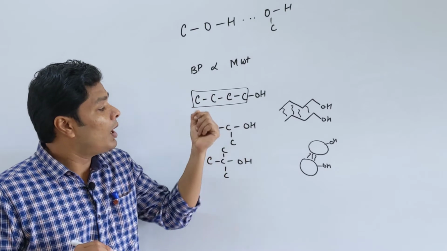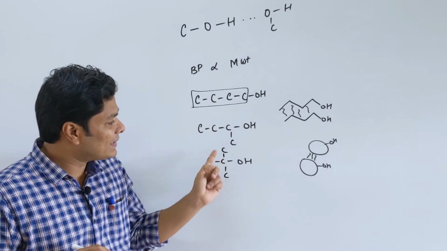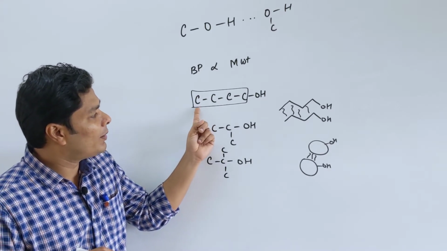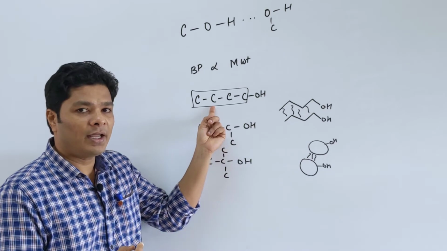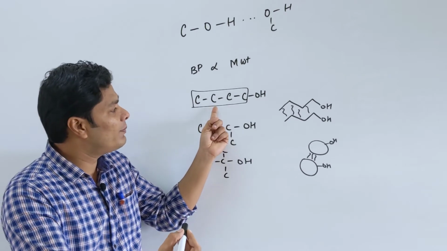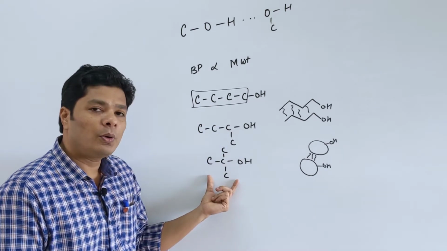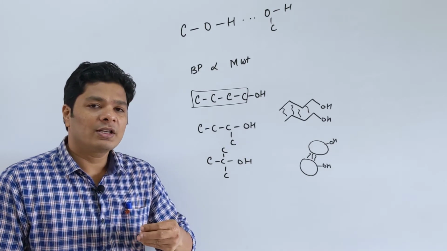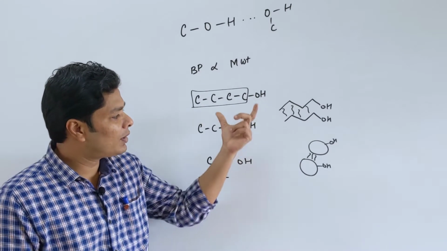Now, if it is a similar type of alcohol, we can take this example again. The same can be said. Now, this is more hydrophobic because it has a long tail. It likes to interact with other hydrophobic tails or other non-polar entities. So this will be more soluble in a non-polar entity, whereas this will be less soluble in non-polar or more soluble in polar. So your 3 degree alcohol is much more soluble in water compared to a 2 degree, compared to a 1 degree. This all comes down to shape.